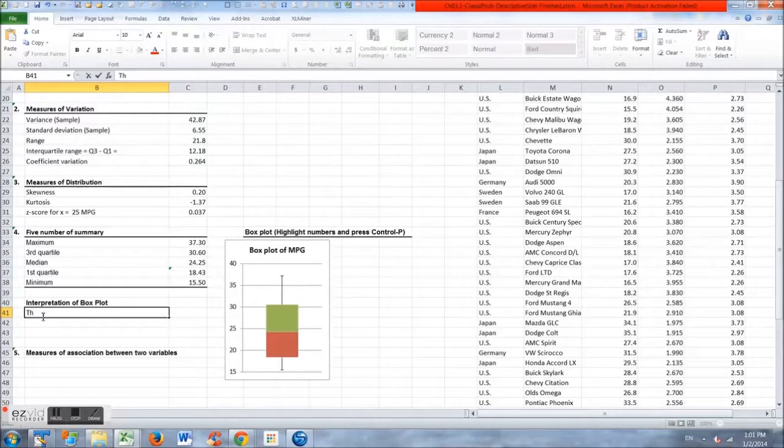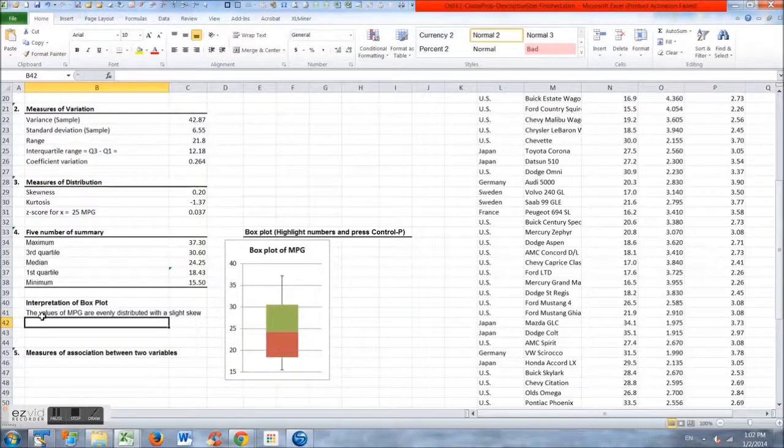As for interpretation, we can say the values of MPG are evenly distributed with a slight skew to the right, that is larger values of